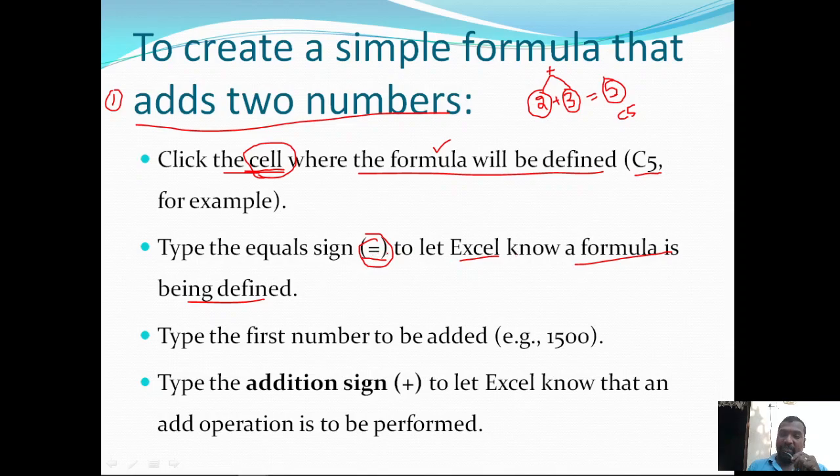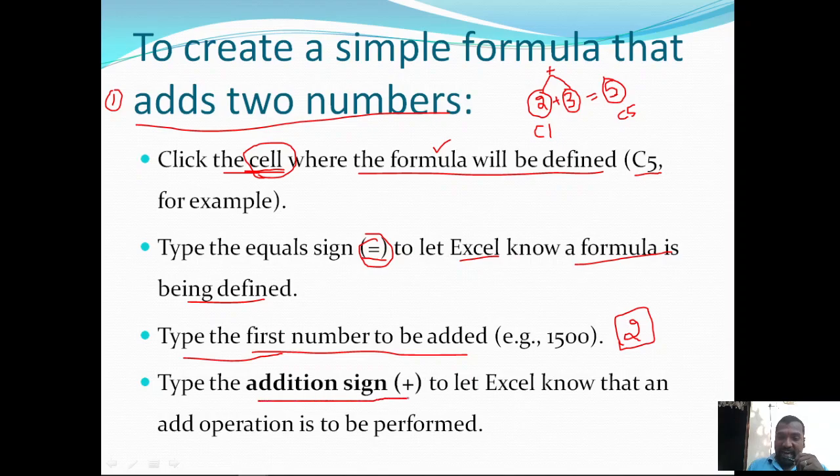After the equal sign, everything we write is treated as a formula. Type the first number to be added. For example, you can write 2 directly, or you can give the address of a cell that contains the value 2. For example, it is available in C1.